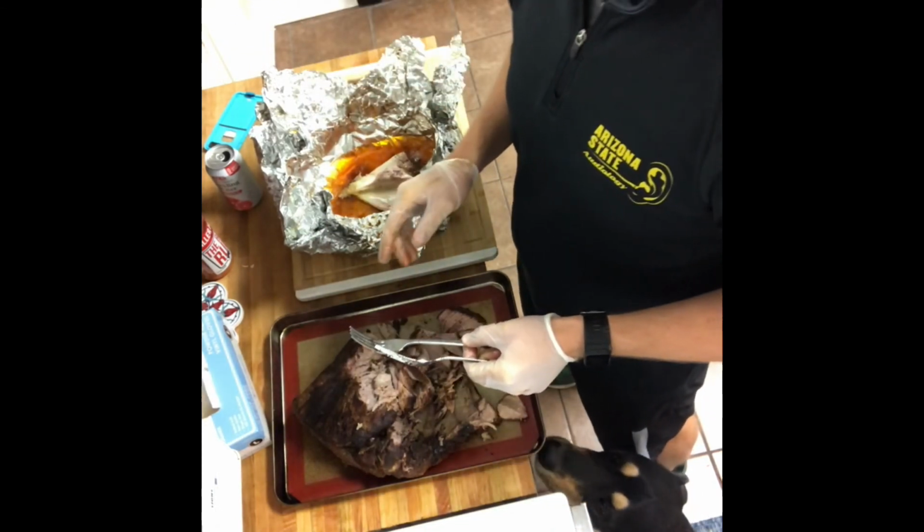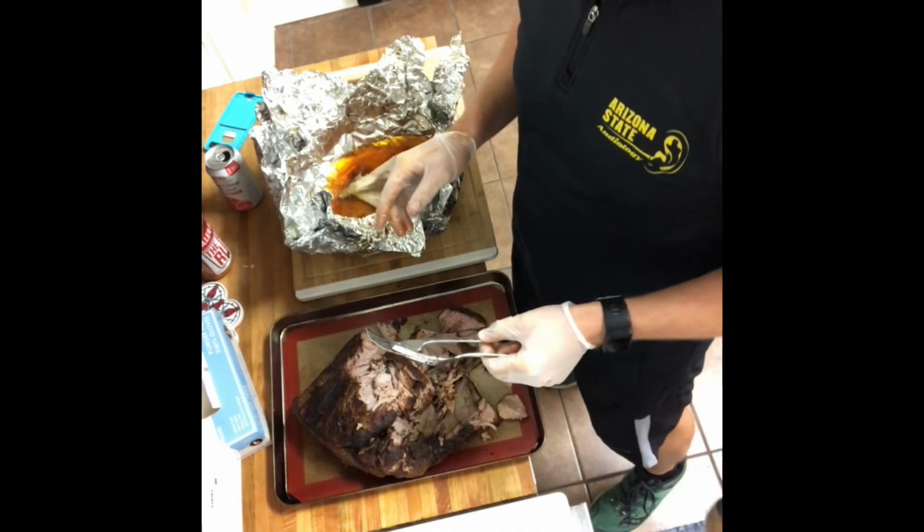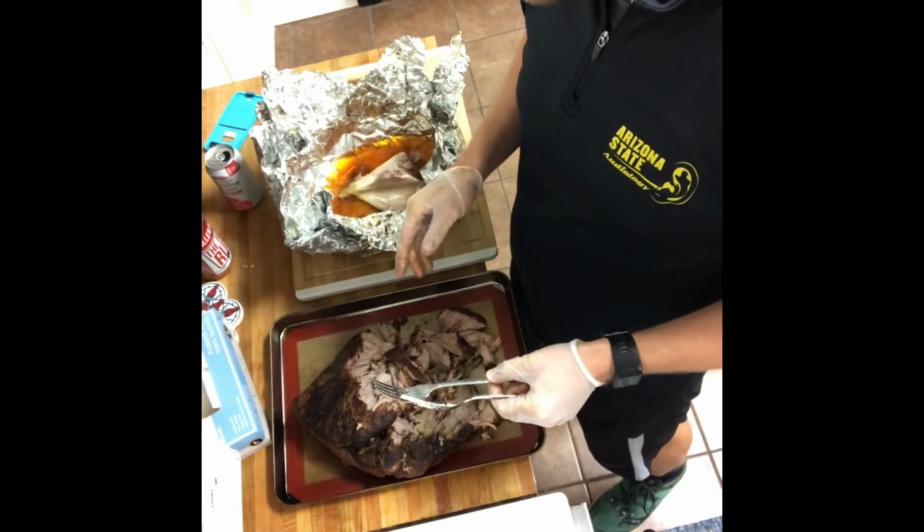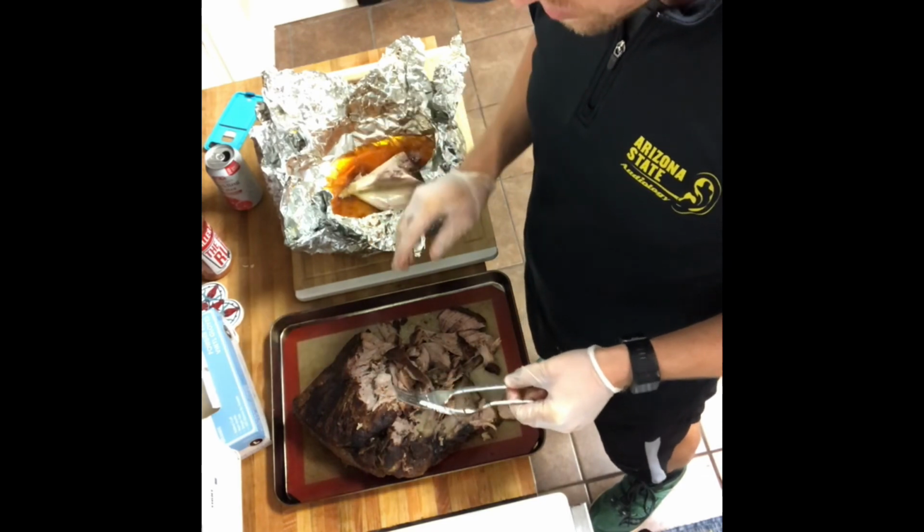You want one bite? Yep, fantastic. I cannot wait to make tacos and salad and carnitas and just live on this for the rest